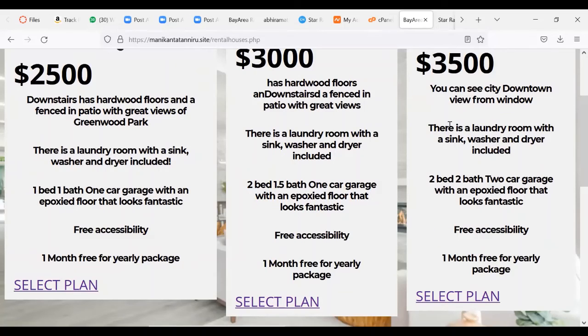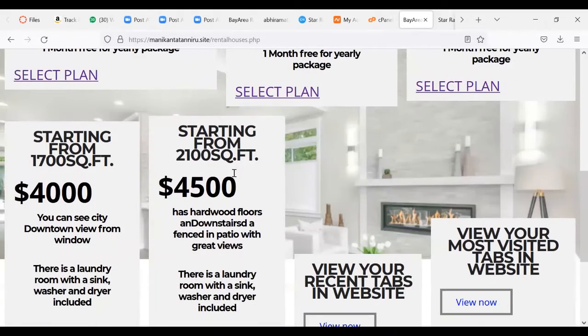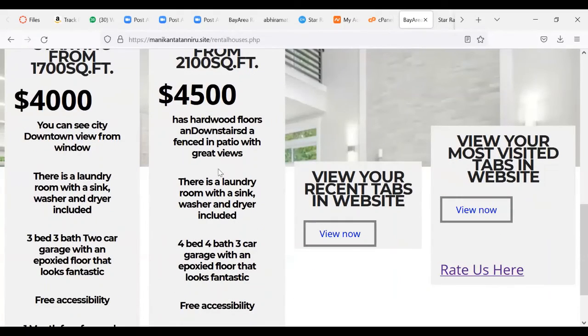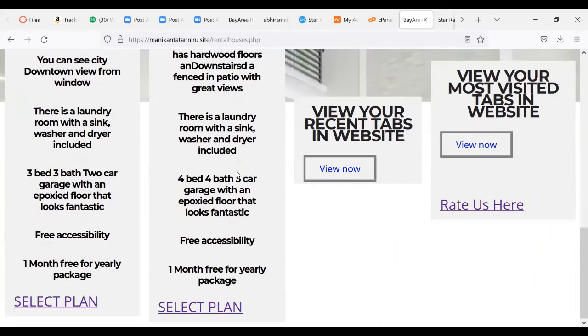It goes for $3,500 for 2 bed 2 bath, $4,000 for 1,700 square feet for 3 bed 3 bath, and $4,500 for 2,100 square feet for 4 bed 4 bath, and we can offer 3 car garages. You can see the recently used tabs; there are no recently visited pages.